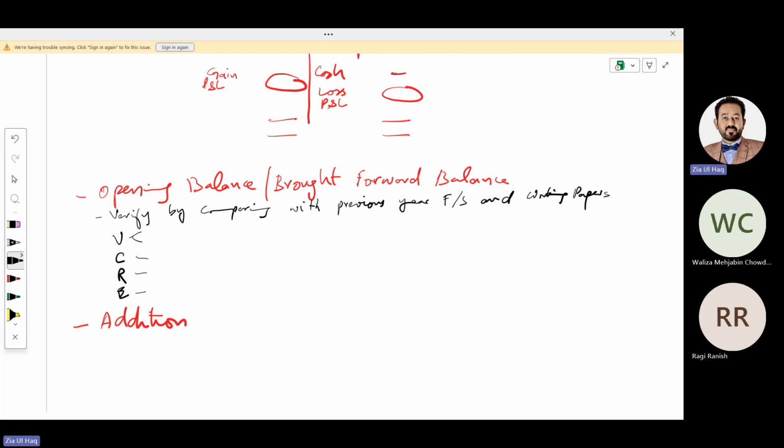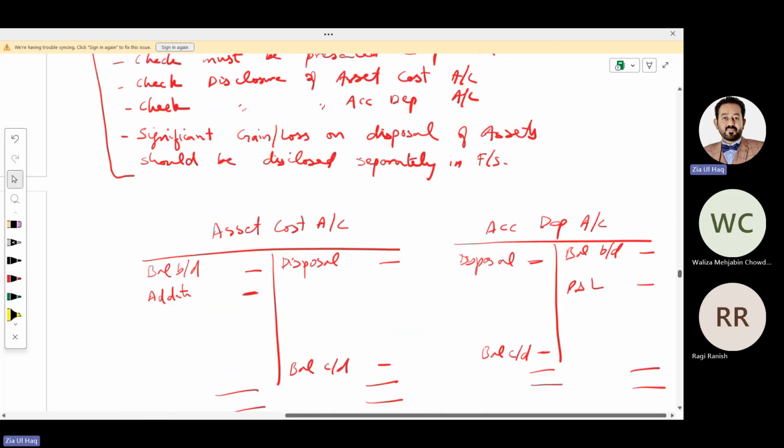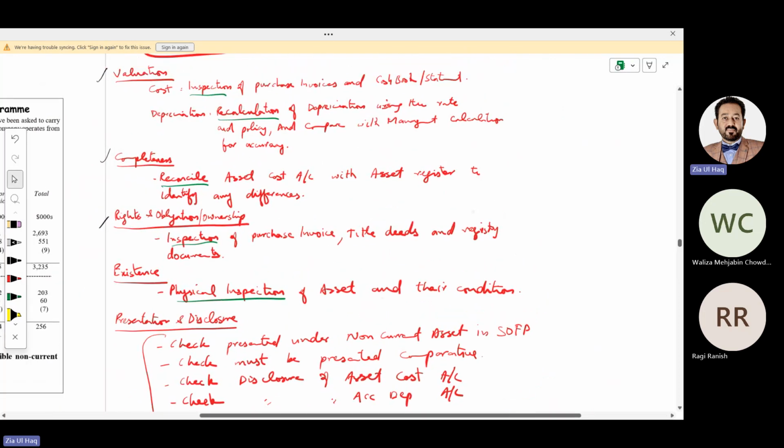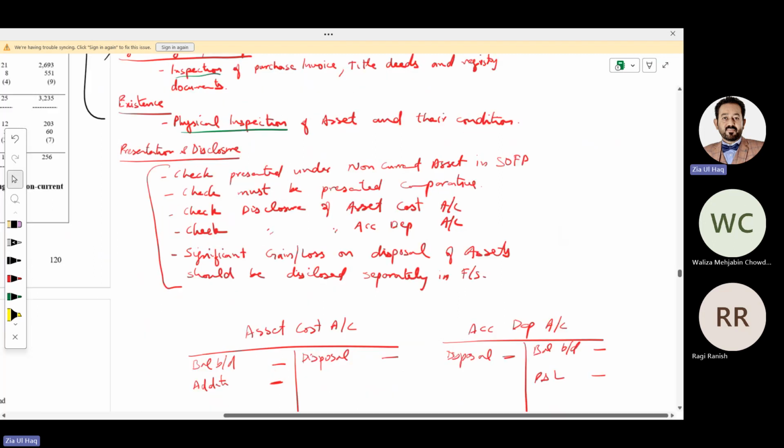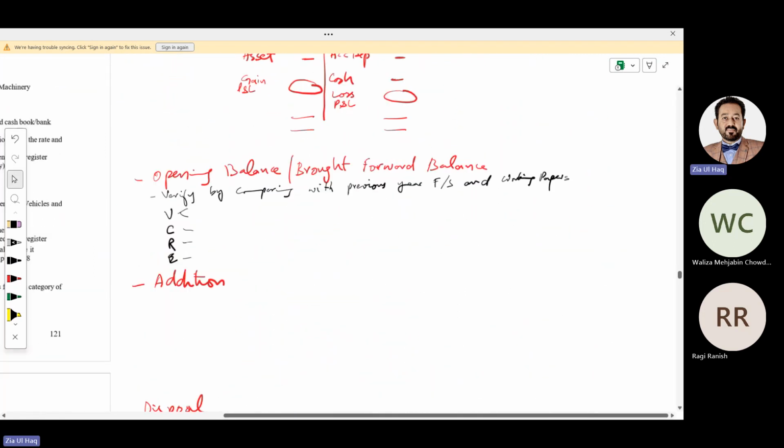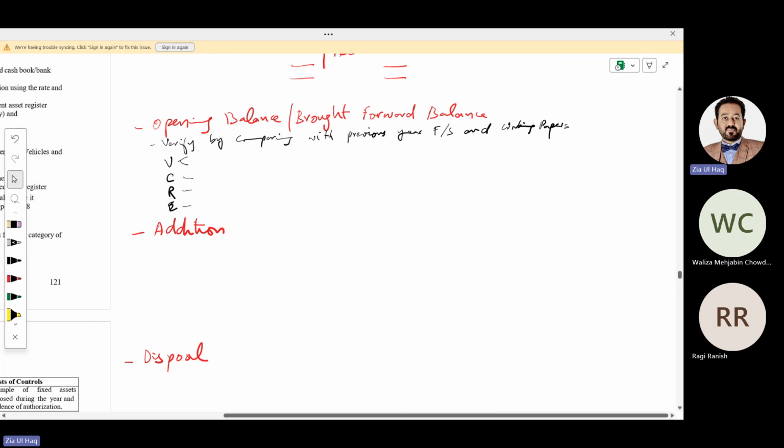So you need to add from previous year accounting records and you need to write down the first procedure as well. If he asks for general procedures to verify non-current assets, we will write down these 5 substantive procedures. But here, asked to verify opening balances of non-current assets, then we need to write down these 6 procedures.